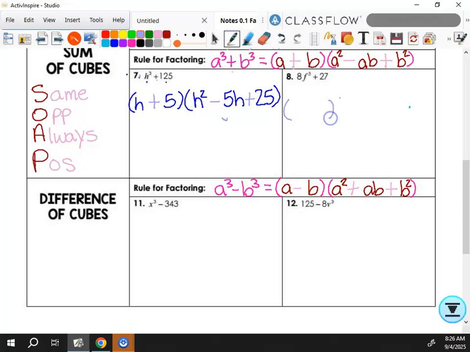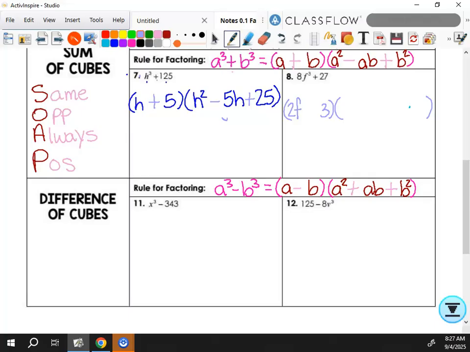I'm going to have a binomial and a trinomial. All right. What do you think the cube root of 8f cubed is? 2f. Good. And the cube root of 27? 3. Okay. Now, when we go to our little trinomial and we have to square that first term, like here,